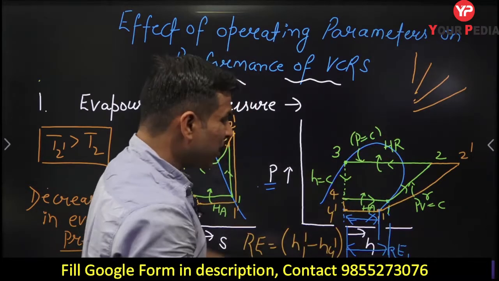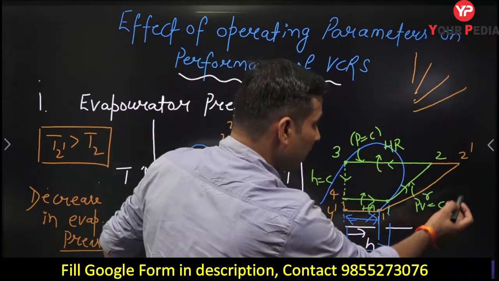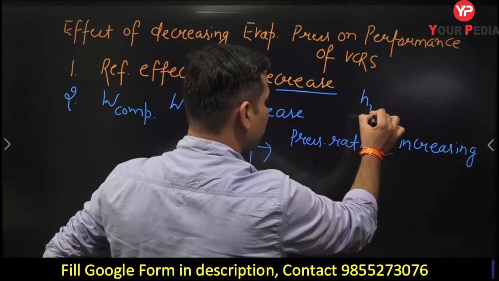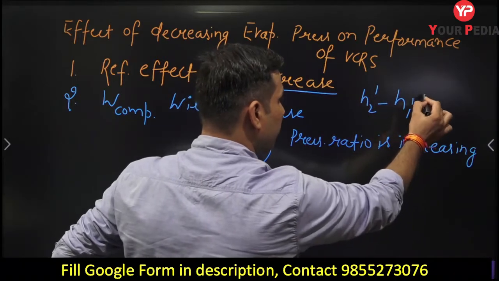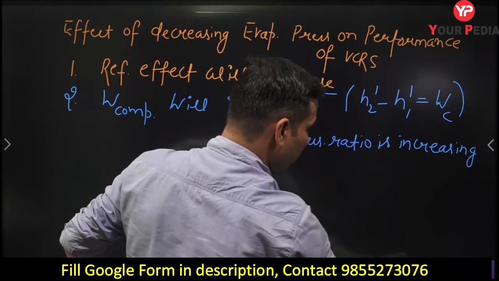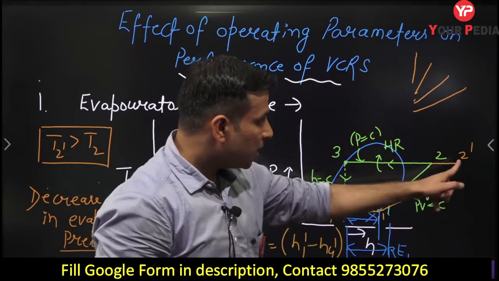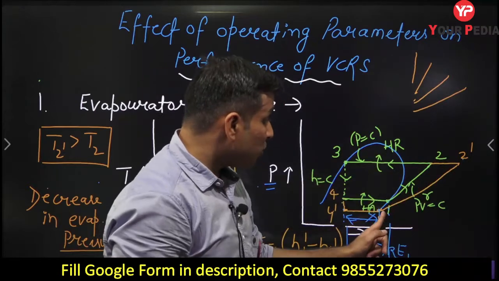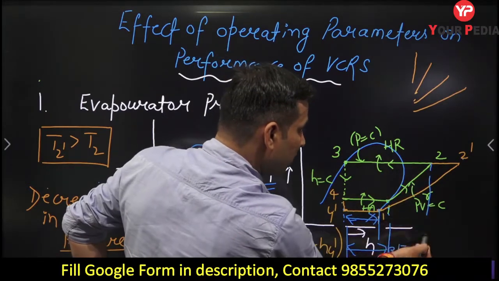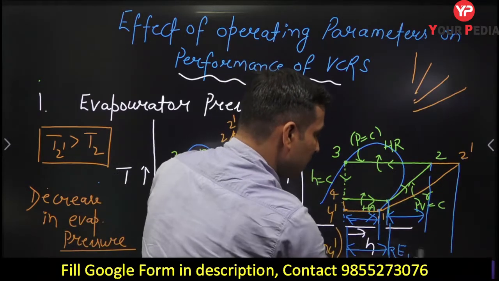Like in the first case, when you are dropping the evaporator pressure, this is the work, guys. H2 dash minus H1 dash. This is the compressor work, WC. You can observe here very clearly, this lower point is 1 dash, this is 2 dash, so H2 dash minus H1 dash is the compressor work. In the earlier case, this particular difference was the compressor work. And now what is the compressor work, guys? This is the compressor work.